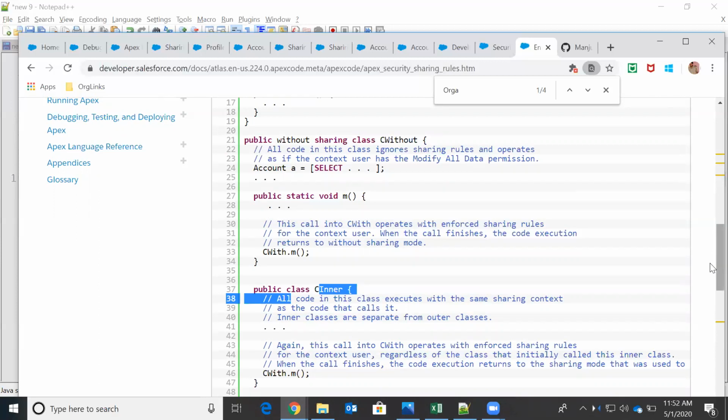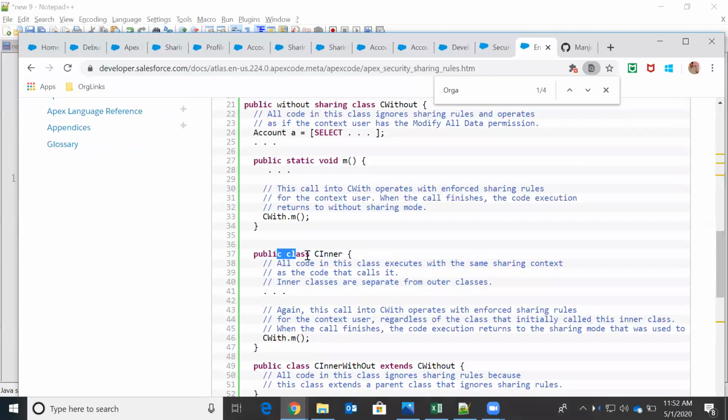So what happens if from the inner class you are calling a with sharing method of class c? This execution will run in with sharing mode. And once the results are returned back, in what mode will this run?